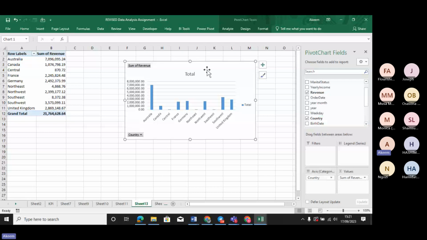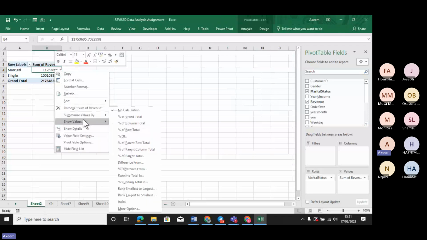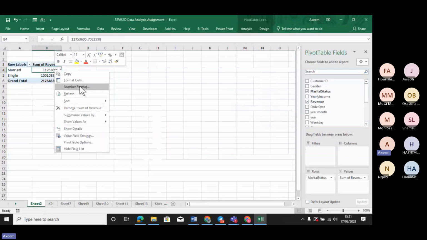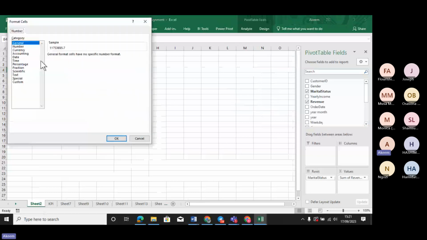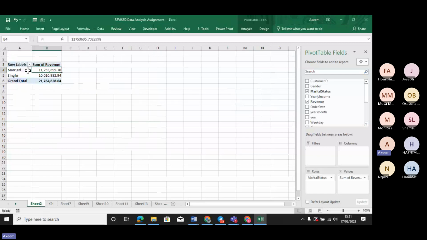This is one way of creating a chart. The other method of creating a chart is by using the existing pivot table that you have. You have a pivot table here. Look at my screen, please. And that method, if you don't want to create from that one, you can use the existing pivot table you have to create your pivot chart. This time around, I'm going to use our first analysis, the male and female,